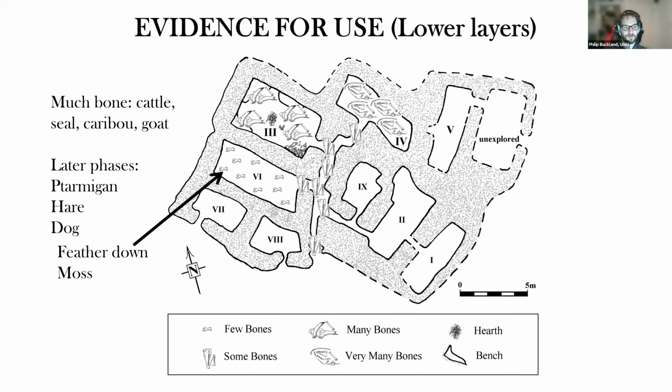site. There's a lot of bone, and there's a lot of different bone in different rooms. There's also changes in the type and amount of bone over time. And as you go up in the layers, we get more smaller animals, whereas more larger animals in the beginning, including more domestic animals at the beginning.